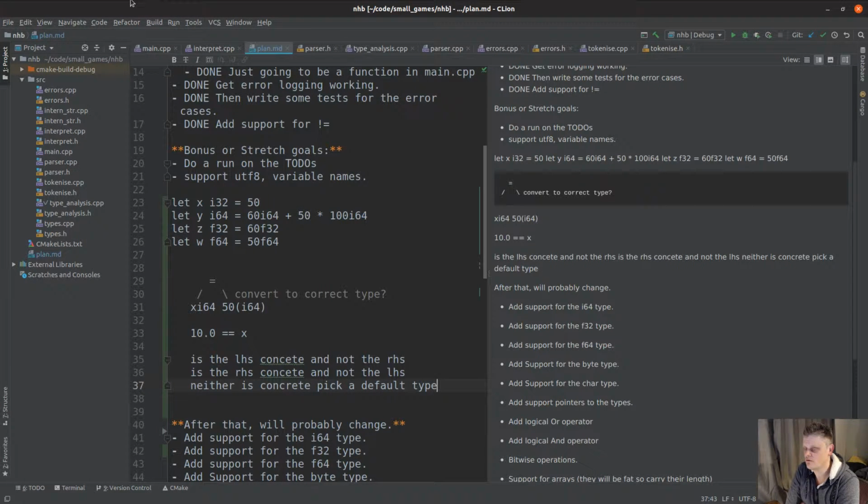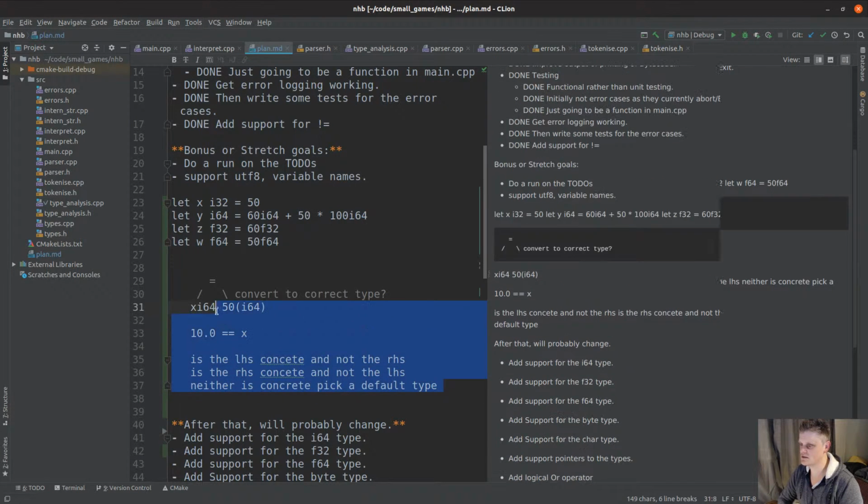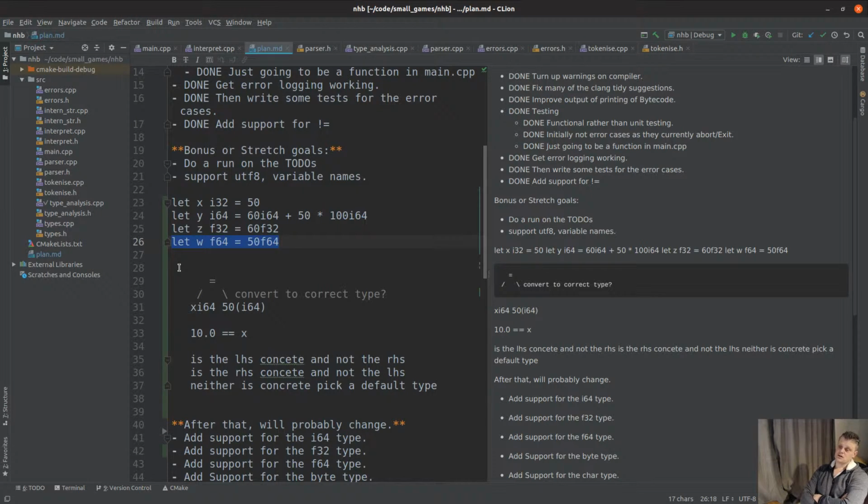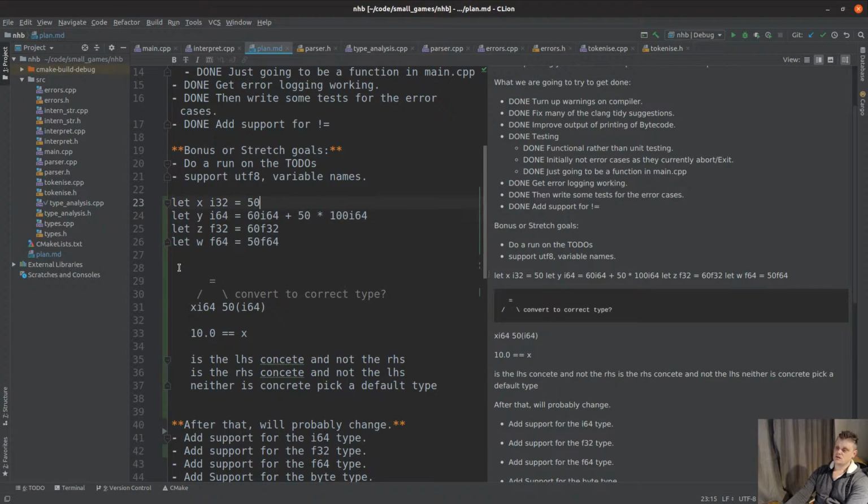So I suspect type systems are something I'm going to revisit in the coming months and make it a bit more robust. For now though, I just want to keep progressing, and that's one of the appeals of doing it like this, because I don't have to worry about a type system. No default, bang, you get a default type, otherwise